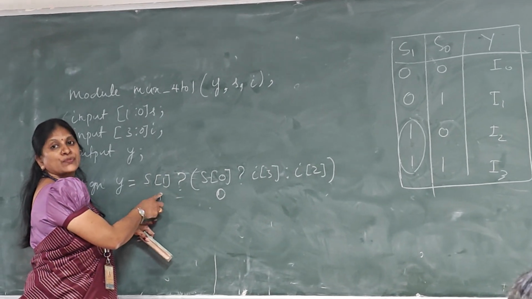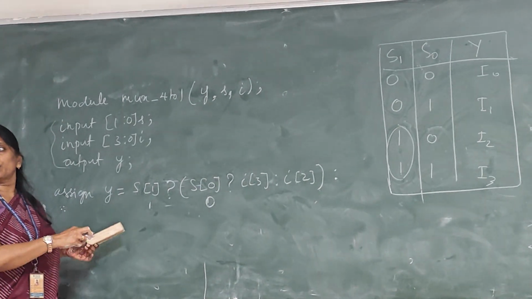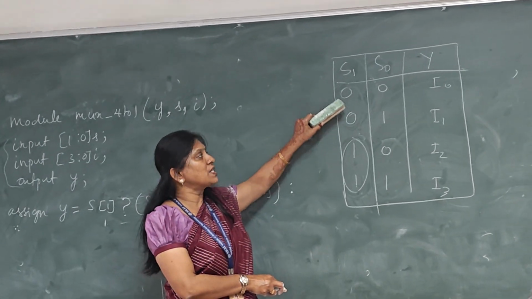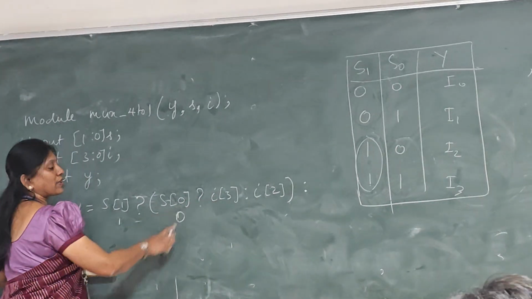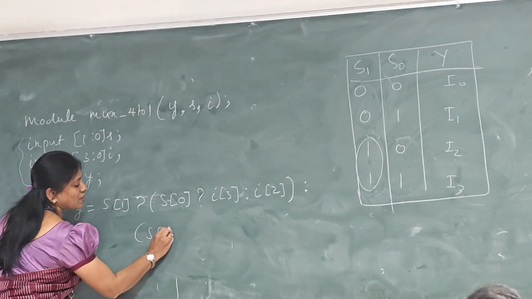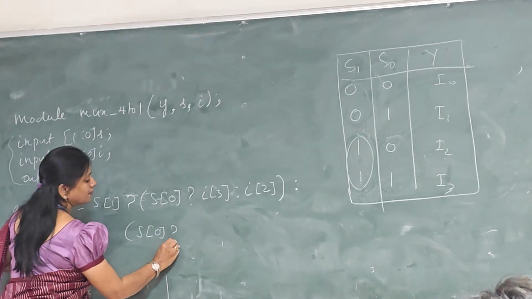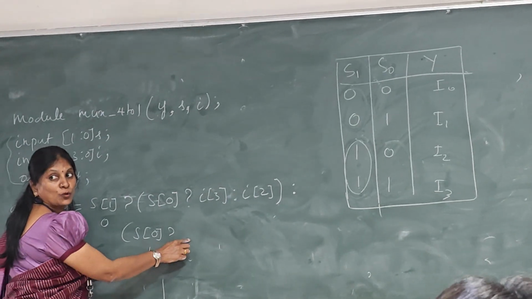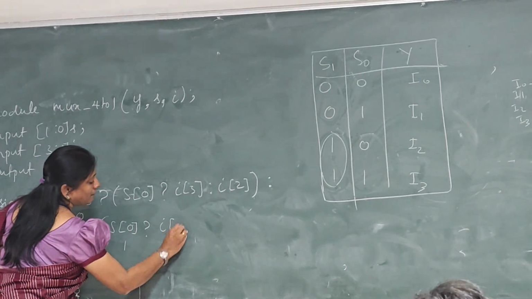Suppose S of 1 is false, then colon. So again you have to check. See, if S of 1 is false, listen all of you, you have to check the S0 value again. So again, like this you have to write. If S of 1 is false, you have to check the S of 0 value. So S of 1 is 0, then this is true. Okay, then what is our output? 0, 1 means false, means